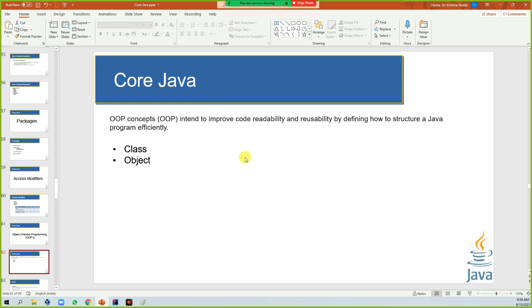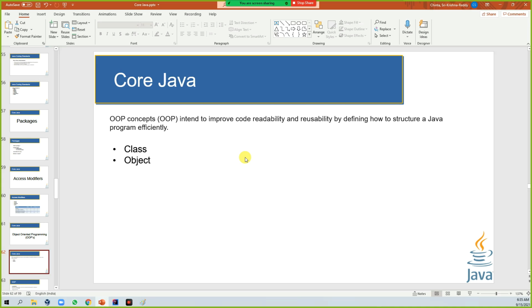Coming back to the class and the object: a class, as we learned earlier, has a set of statements within it. The statements might be variables or methods, and all of this has a structure.